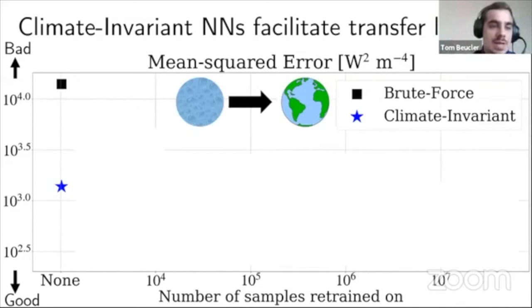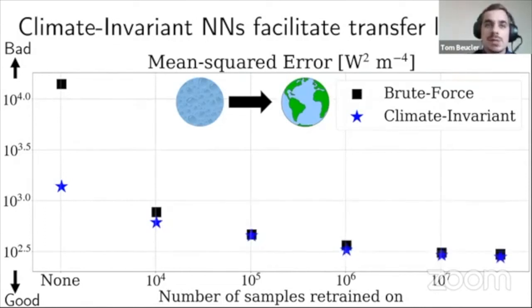So even if it has only ever seen an ocean world, it performs much better on a real geography planet than a brute force neural network. And it also tends to learn more with less data, fewer samples trained on. And these are exciting preliminary results